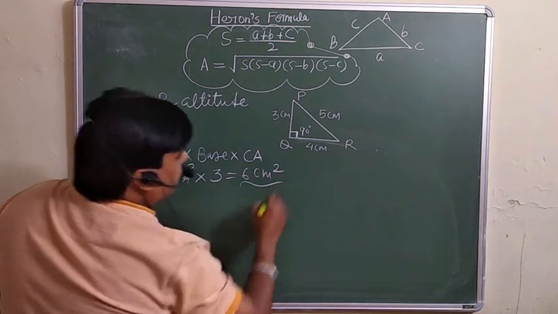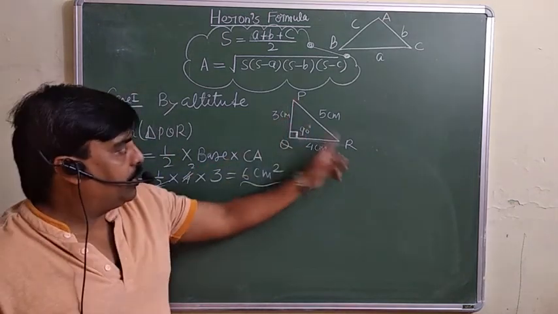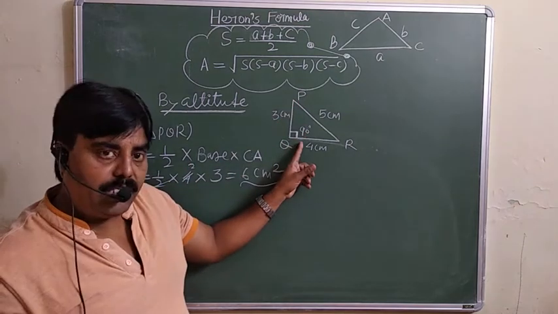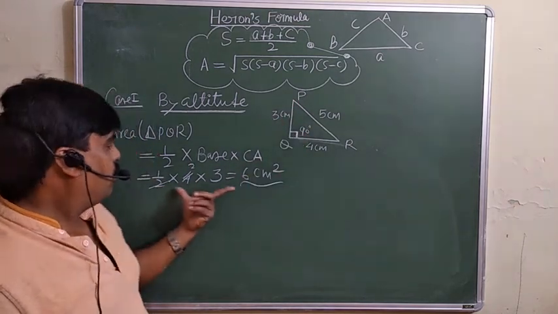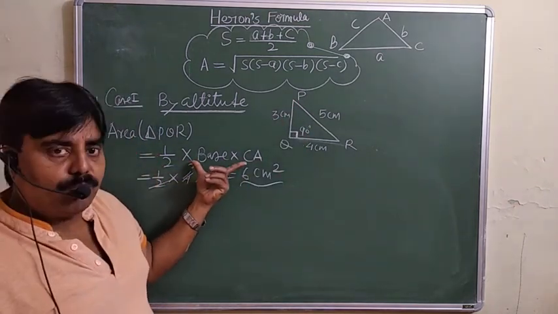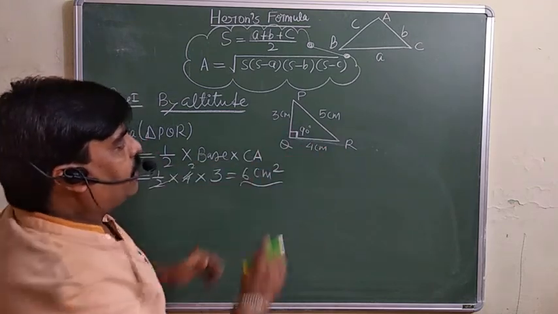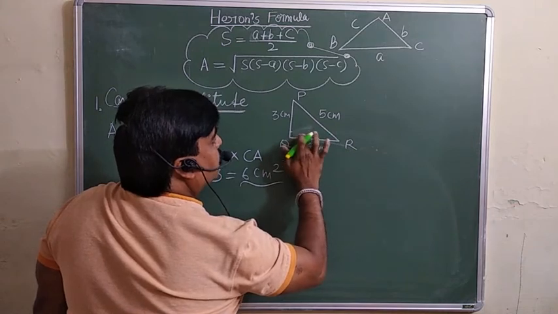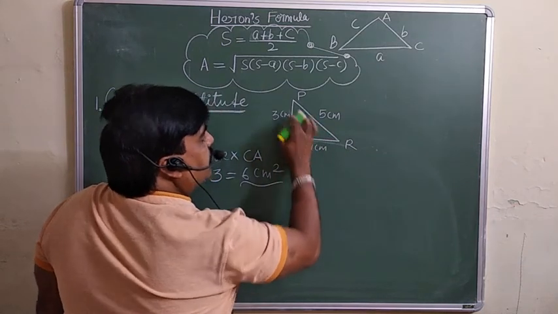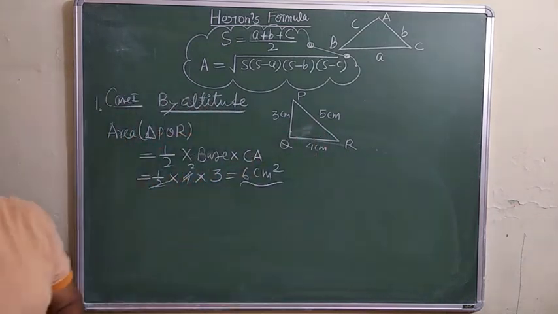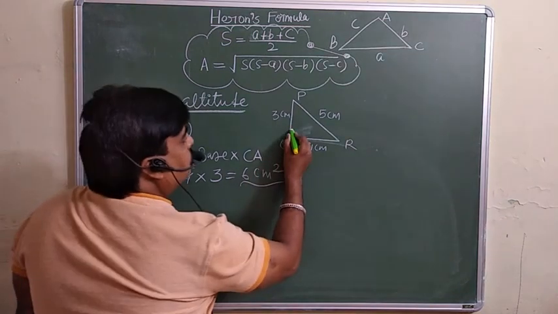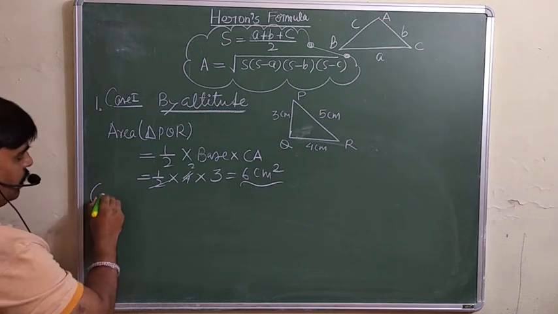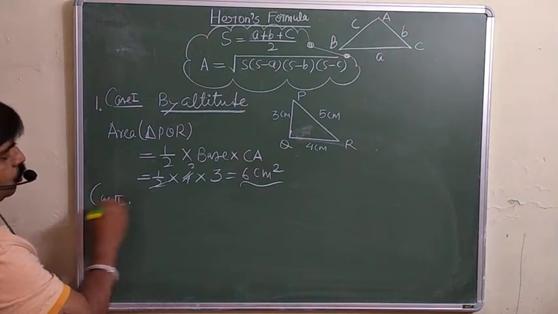So you are getting the area of this triangle PQR by this method, because the altitude is given here. You can find the area of this triangle by using this first method. Suppose, forget this altitude, we don't know whether this is 90 degrees. It is not given, suppose. No doubt, with these sides the triangle will definitely be a right angle triangle. That we will understand later on. So let this triangle be given. In that case, if you want to apply Heron's formula, see.